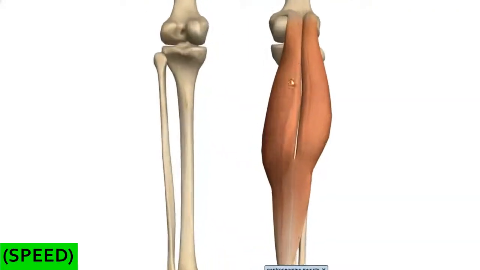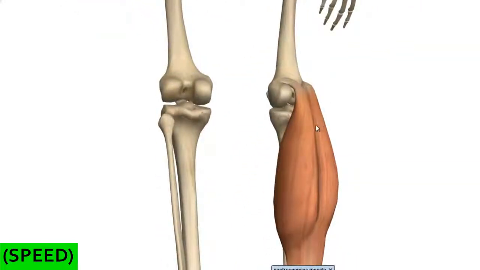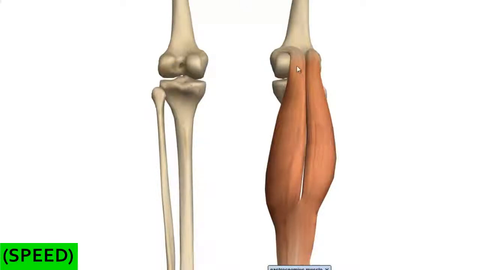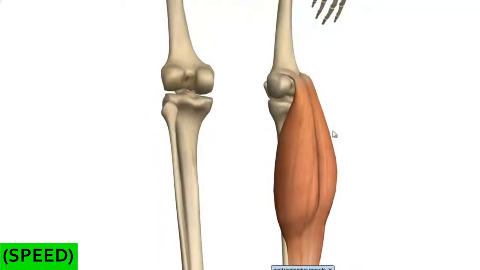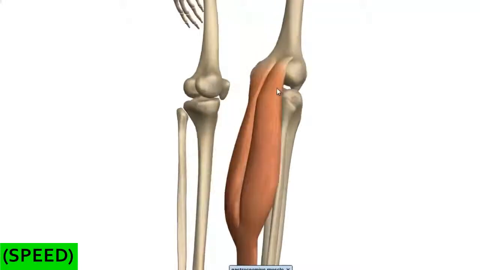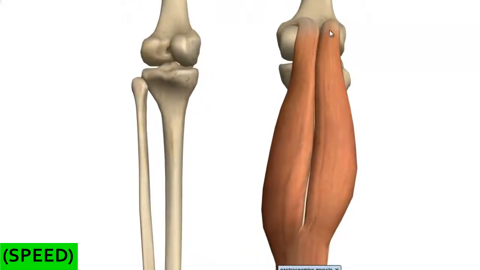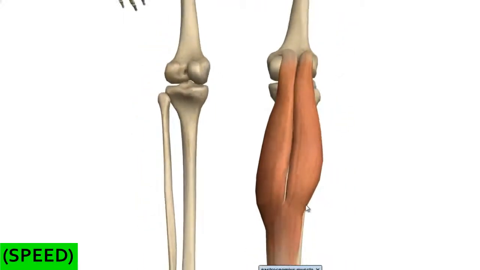So I've just isolated this muscle so you can see it a bit more clearly, and you can see the origin of this muscle on the upper surfaces of the femoral condyles. So the medial head originates on the upper surface of the medial femoral condyle, and the lateral head originates on the upper surface of the lateral femoral condyle on a distinct facet. So you can see on this side there's a facet here which the lateral head of the gastrocnemius muscle originates on. And then if we follow the muscle down,